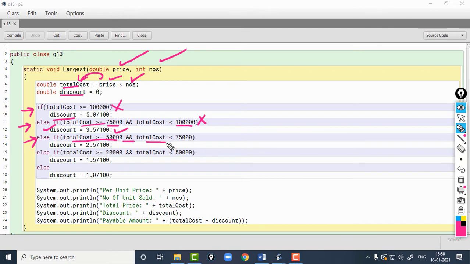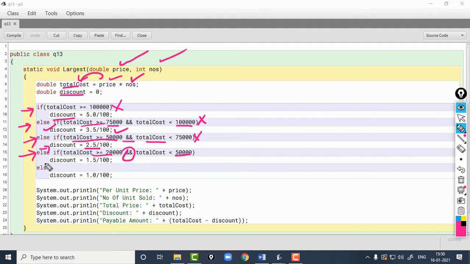So if both the conditions are true, then the discount variable will be assigned 2.5%, and if this condition is also false, the next else if will be checked, which will check whether the total cost is greater or equal to 20,000 and less than 50,000.